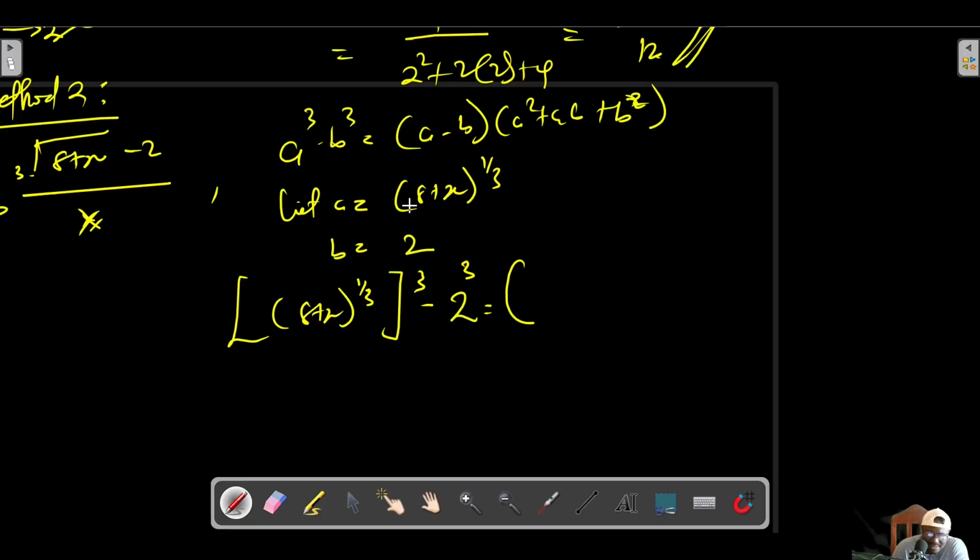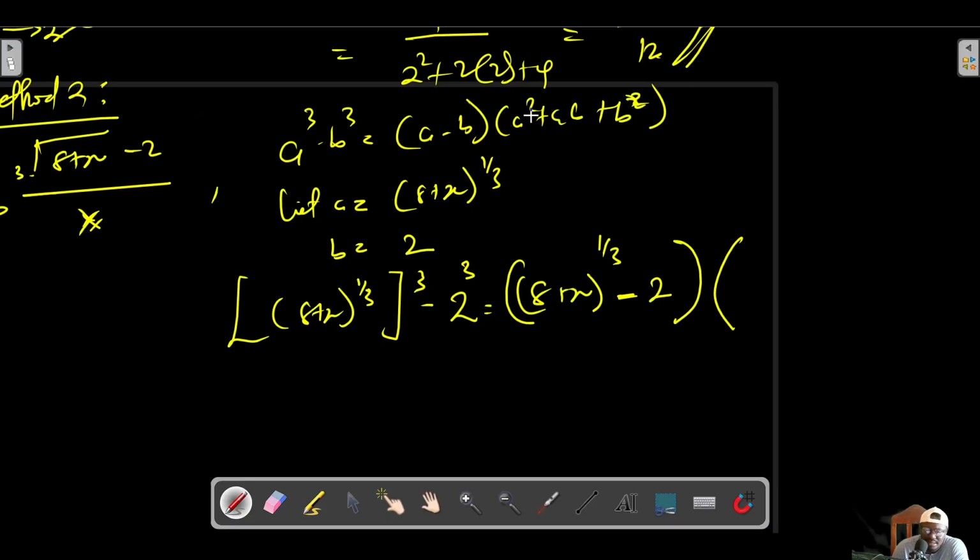Our a is 8 plus x all raised to the power 1 over 3, minus b. Our b is 2, in parentheses,